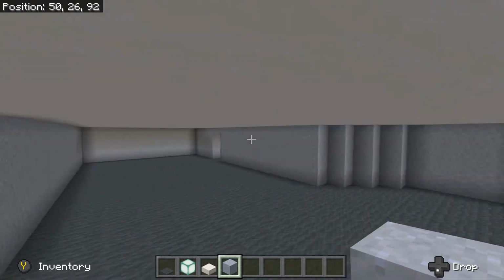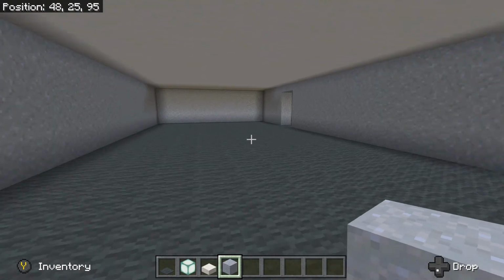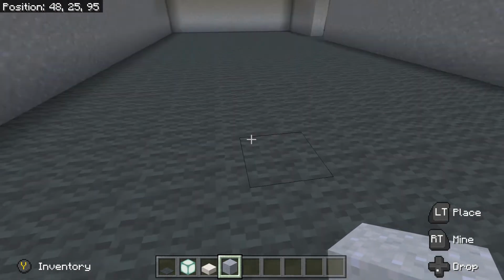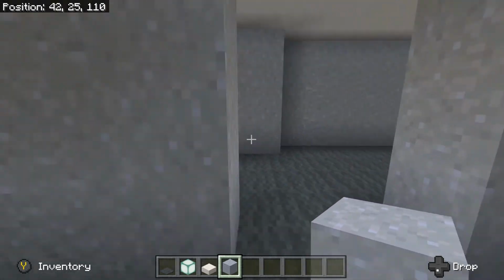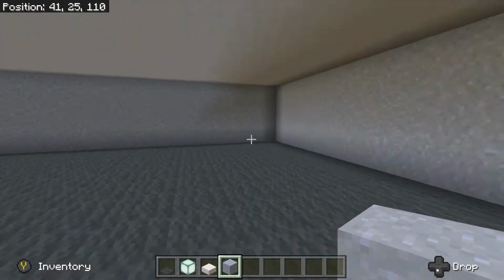So this is how the final floors will look, as far as there'll be stuff on the walls, but it's going to be this gray carpet and quartz slab ceiling. So that's what the hallways end up looking like. And I'm pretty happy with that. It's not perfect, but